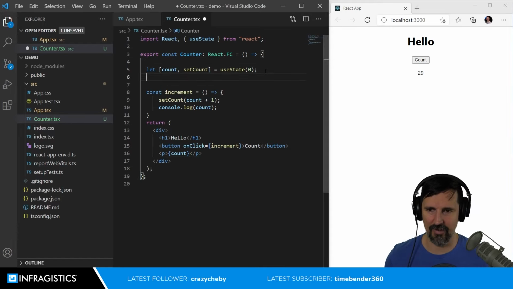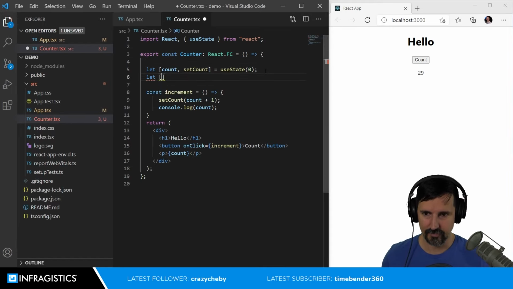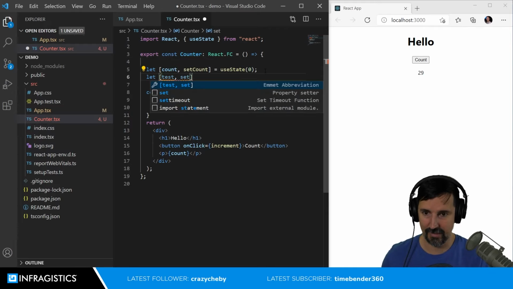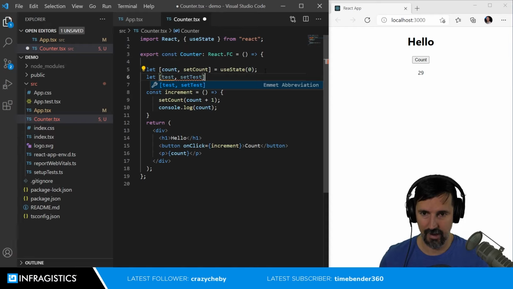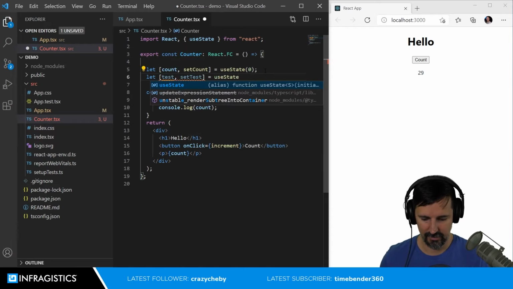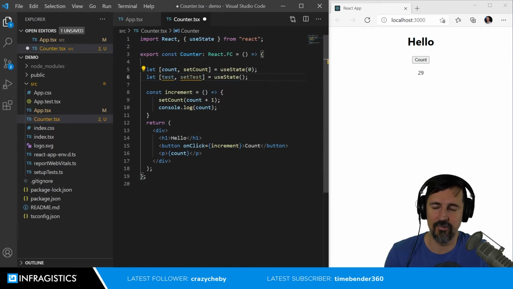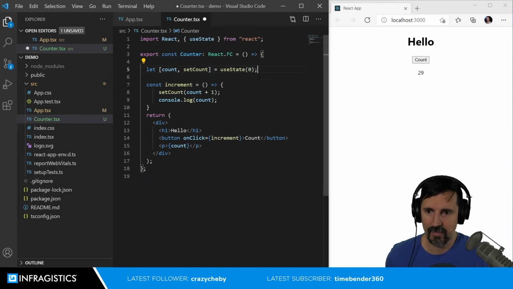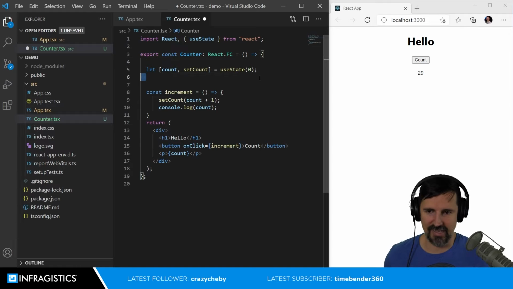So essentially, if I wanted to add another one, say test, set test, equals use state. That's how you have to define your variables in your property. It's kind of strange. Okay, and then let's say, for example,